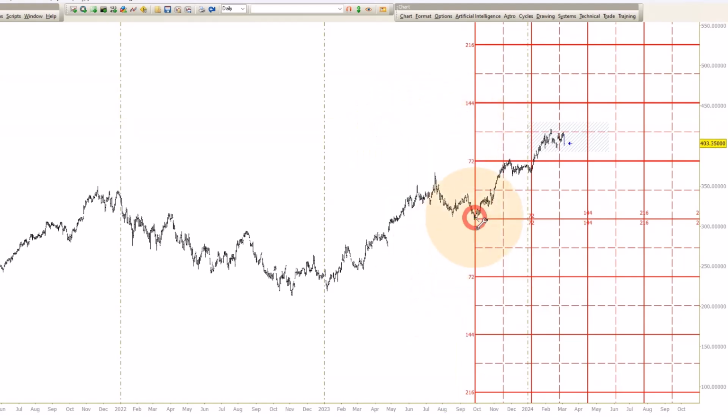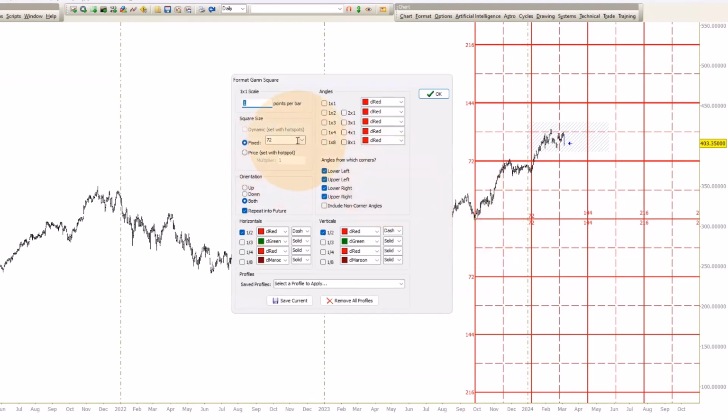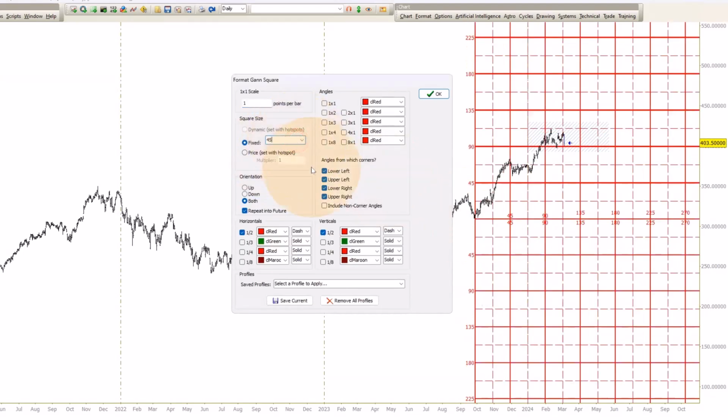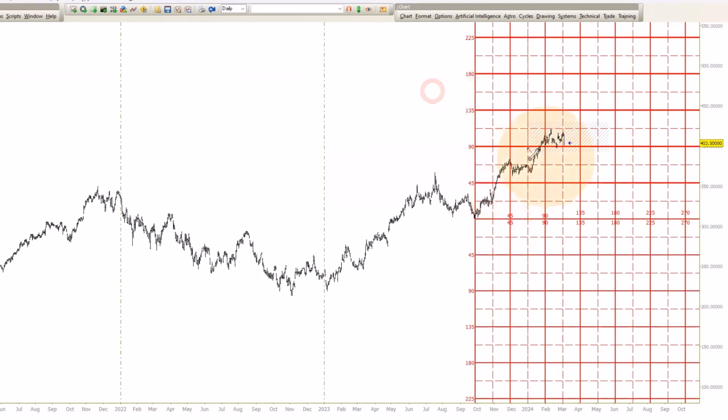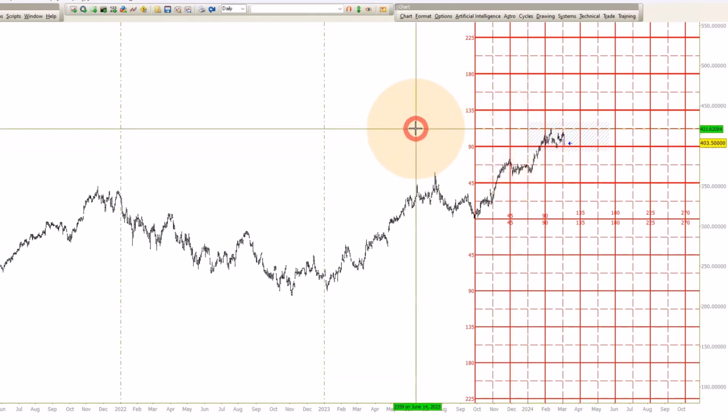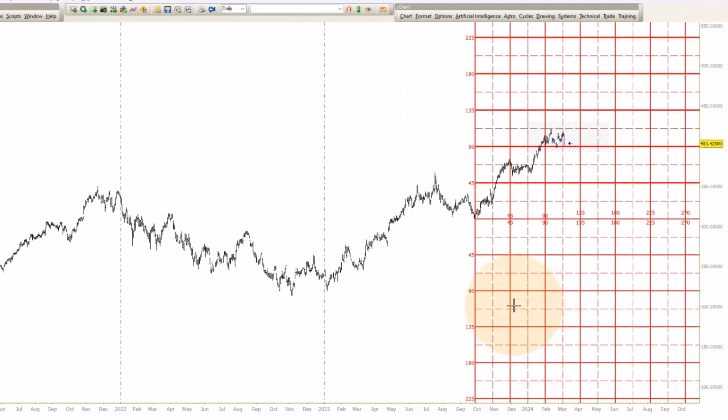Now what happens if we put, say, the square of 45, which is the square of 90? If we do that, you can see how the 90 is really where it's resting. It's very close to the bracket. We drew the bracket out at 390, 393, and 90 degrees is 398. It's a $400 stock, so I think that's okay. And the high came in very close to the 422. So I think we're definitely in the neighborhood. When you said, wait, we're close, watch this closely.